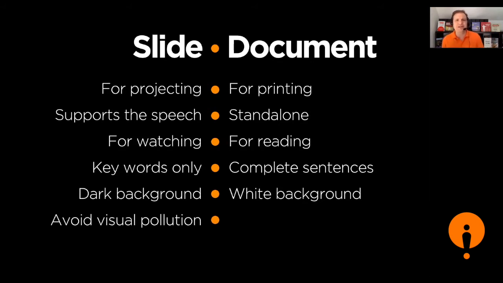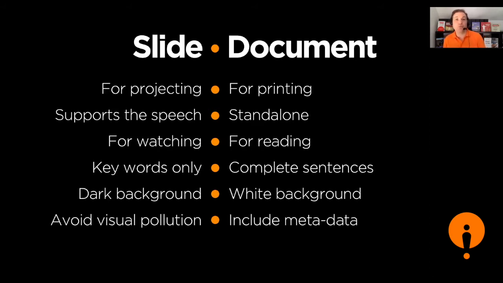That's all of those things that don't actually need to be there, like your logo doesn't always need to be there. The page number doesn't always need to be there. The confidentiality notice in 8-point text that nobody can read at the bottom of the screen, which actually doesn't need to be there and doesn't have any legal value on something which is projected, but is very useful in a document because all of that visual pollution actually becomes metadata.